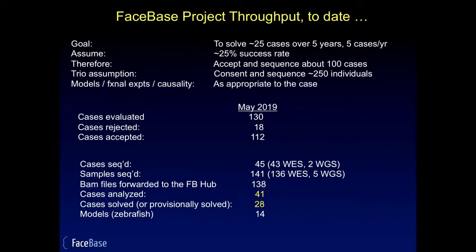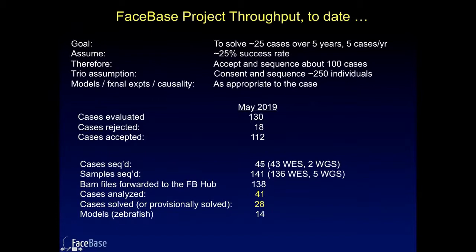One was that a significant finding has been we have, quote, rediscovered phenotypic expansions of known syndromes that couldn't have been diagnosed clinically because of the imperfect state of dysmorphology. And then another smaller fraction turned out to be novel gene discoveries. So we evaluated 130 cases over 5 years. We accepted 112. Some were rejected because of incomplete family structure, or they weren't good cases for one reason or